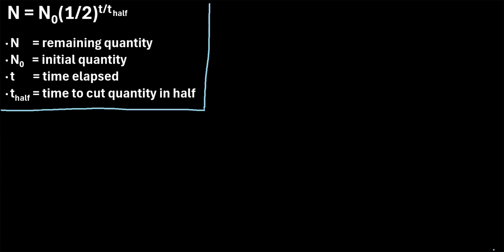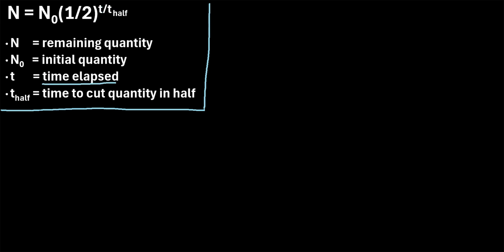The half-life formula is a formula that describes how much of a substance or how much of an element is left after it has decayed for a certain amount of time. So here's the formula. N, where N is the remaining quantity of substance, is equal to N sub 0, where N sub 0 is the initial quantity, times 1/2 to the power of T divided by T half,